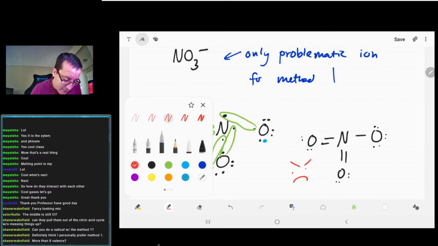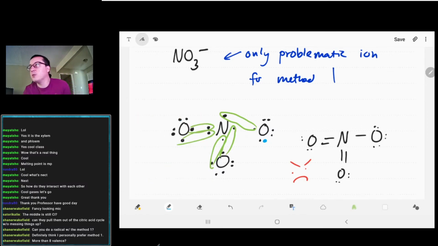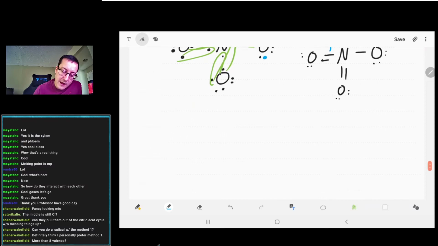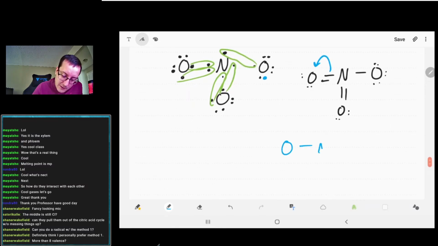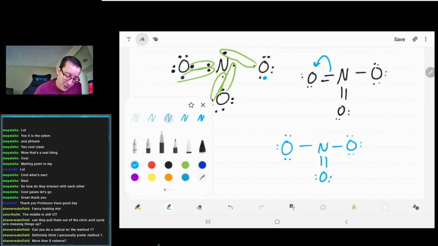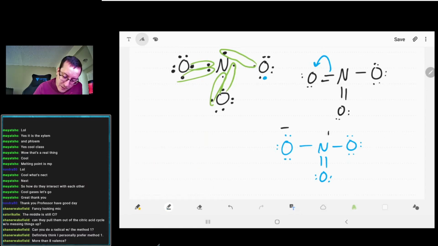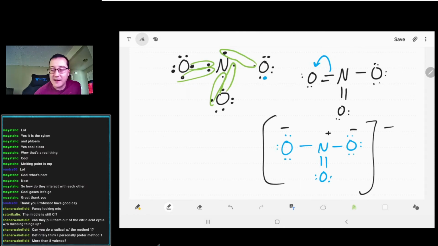So what we're going to have to do is break one of these double bonds. We're not going to be able to have that many double bonds. And so what we're going to actually have to see is that nitrate would look like this. We're kind of doing the opposite there. And if we do our formal charges, we're going to see we have negative, positive, negative, which overall is -1, which is what nitrate is. No way to get around that. Nitrate is a special one. By the way,